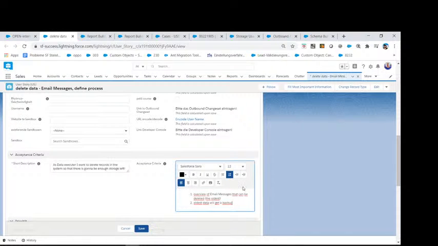Oldest backup overview that can be deleted, the oldest. Yeah. You can choose some objects. You can choose some relations.